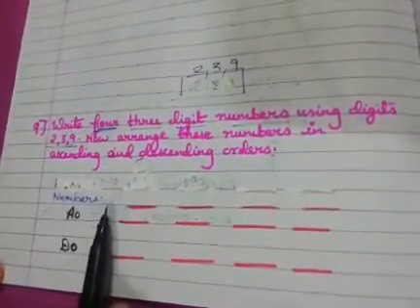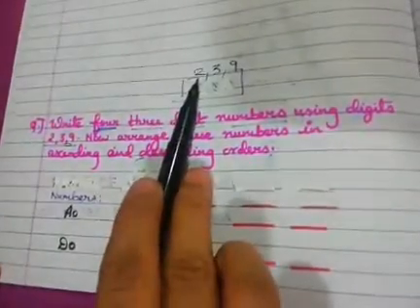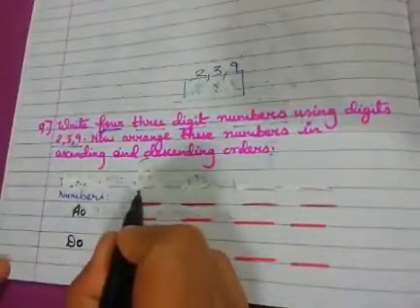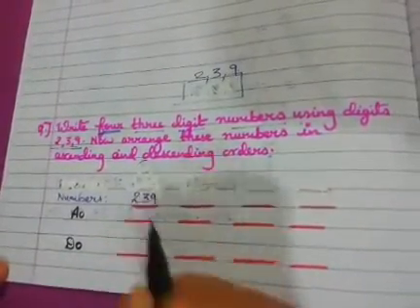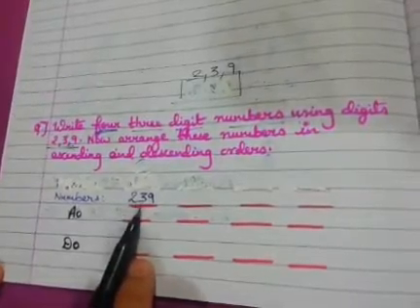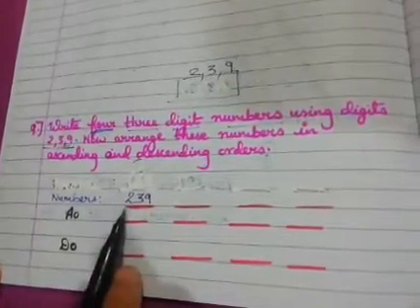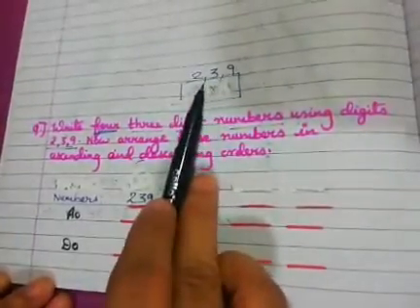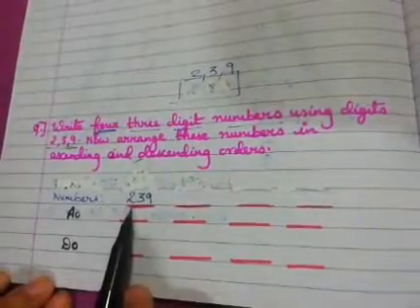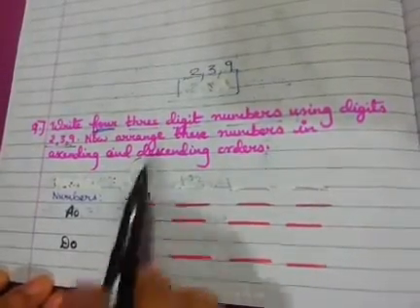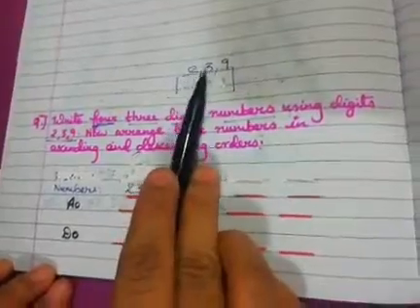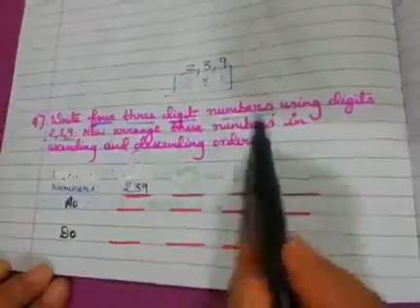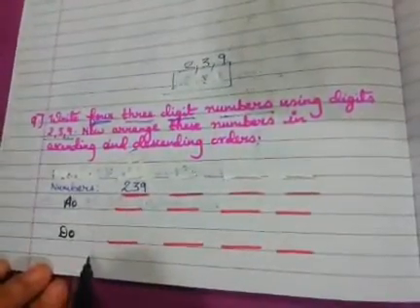And we have already learned in lesson 2 how to make the numbers from the given digits. 2, 3, 9. So first number I will write 2, 3, 9. That is 239. 2 in hundreds, 3 in tens and 9 in units. In these digits you have commas in between children, but when you are writing the number you should not put the comma, because if you put comma it becomes 2, 3 and 9, that is one digit number, and we want 3-digit number, so no commas in between.